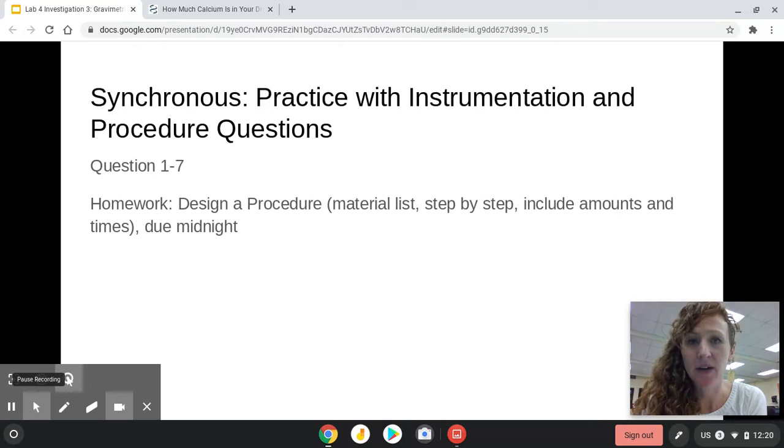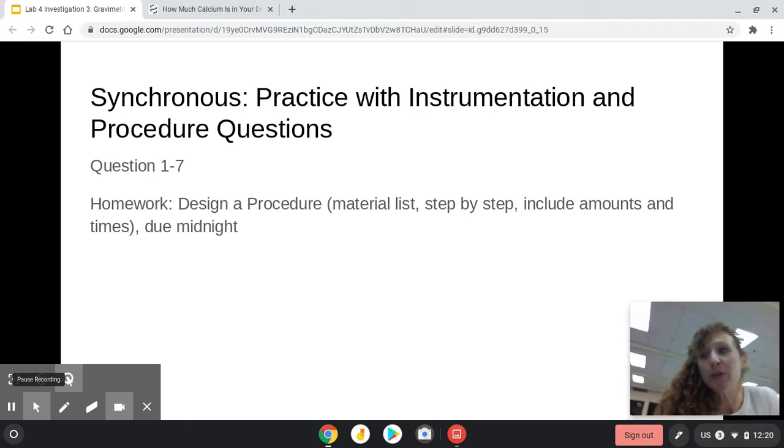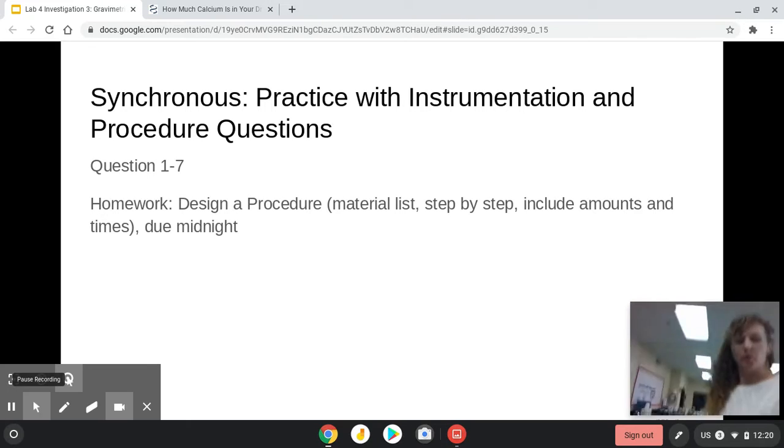We're going to talk about how we can use gravimetric analysis as a tool to analyze water samples. So in this next portion of the lab, you get to design the procedure, and it's really important for you to think through a couple things in the procedure. So first of all, what are we going to do? Let me show you. We're going to